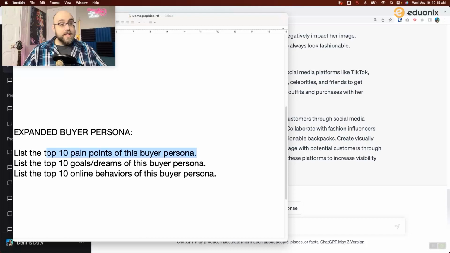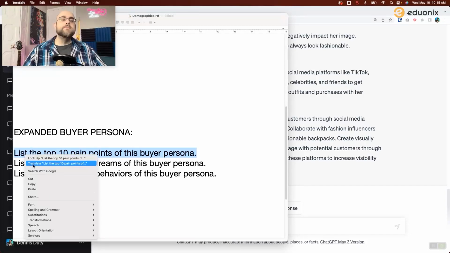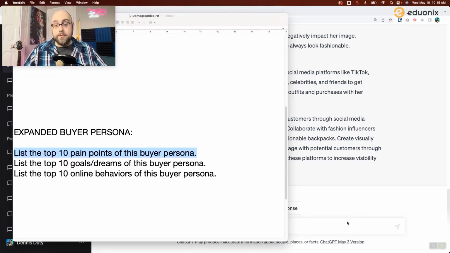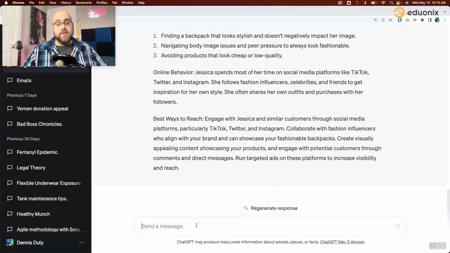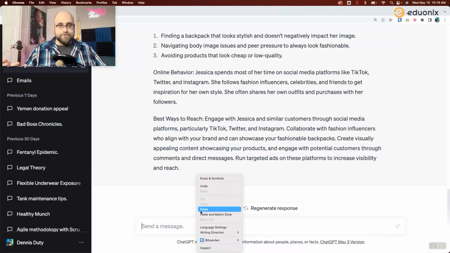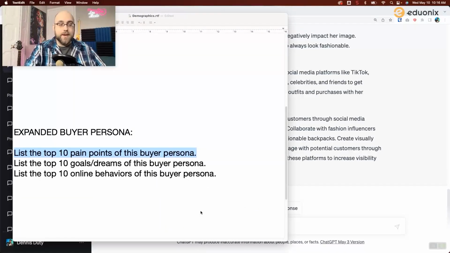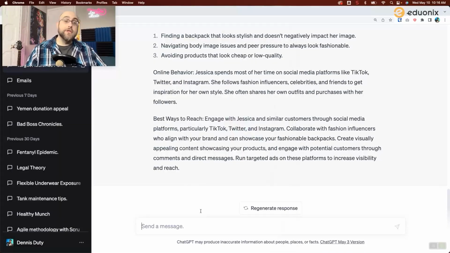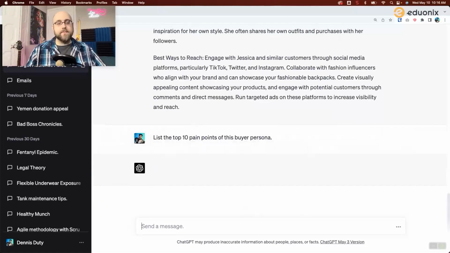You're going to want to do these one at a time because ChatGPT isn't super reliable. So when you start asking it a bunch of questions, like if we asked it all three of these, it would be 30 points of data. And it's a lot of words, it's a lot of processing, and it might just stop in the middle of a sentence. We'll talk about that later in the pitfalls of ChatGPT. So I recommend asking one at a time,